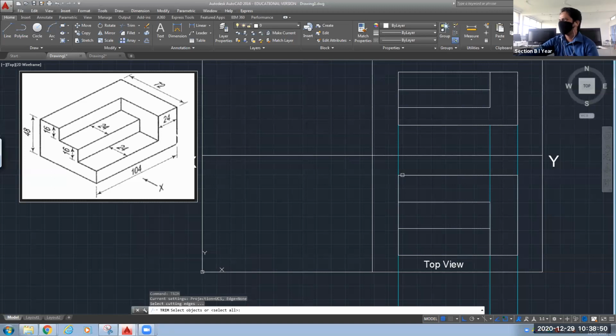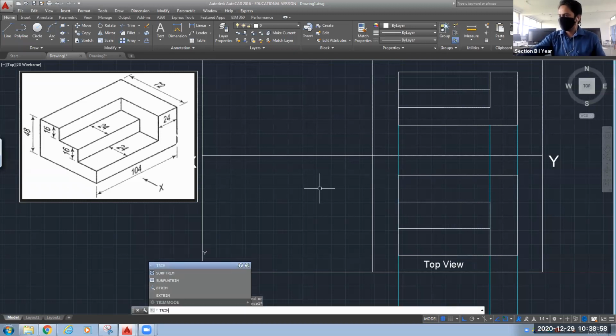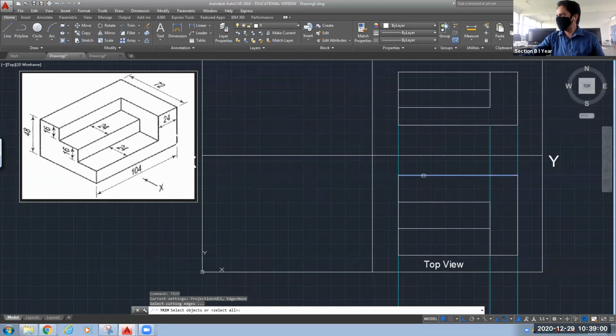I'm going to trim. Select the base object, press enter. Now delete this one, delete this one. Okay. Now for this line, I need to delete after this point.